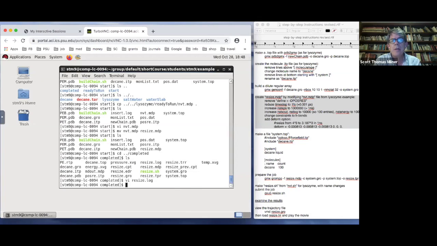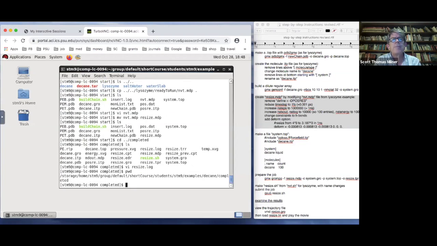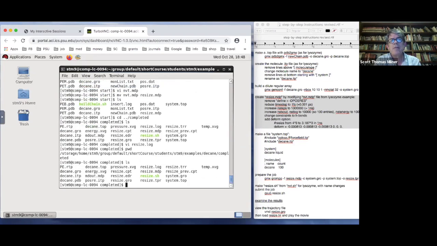So if you go into the completed folder, you can see my screen now, I'm in the completed folder in the Deckhane job. That's got everything that comes from a successful run. And so if you type in there vmd resize.gro,